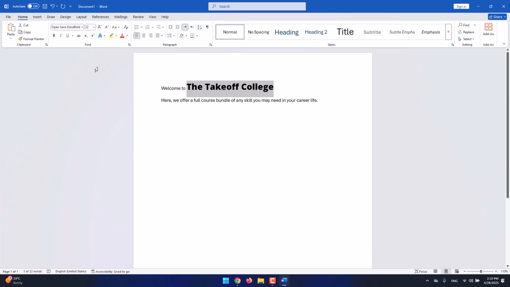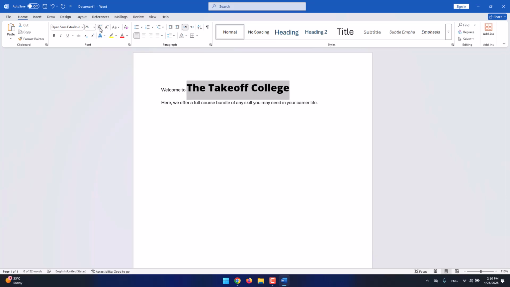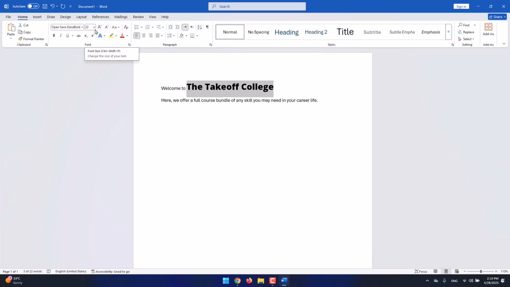Or we also can use these two buttons. This is for increasing the font size and this is for decreasing the font size. Every time we click on one, it will either increase or decrease a unit of that number. So the change will be visible over here for us. A very important point and a very important part here to mention is that here, as you saw, we may